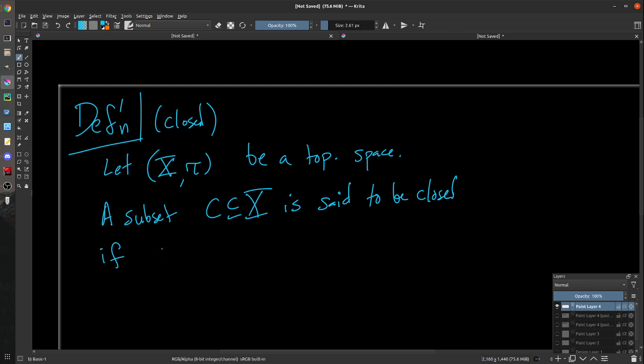And so there are a few different ways to write complements. How we're going to write it is we'll write it as X and then we'll do this little without sign. X set minus C is open. That is, if it's an element of tau, the topology on X. So closed sets are the complement of open sets, and it sounds like it's just so obvious, like, oh, okay, well, if it's